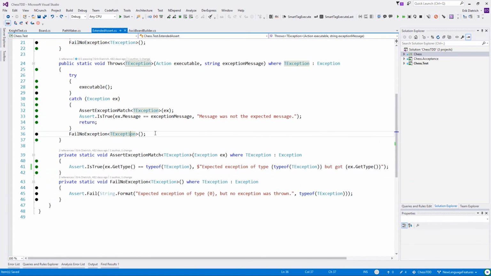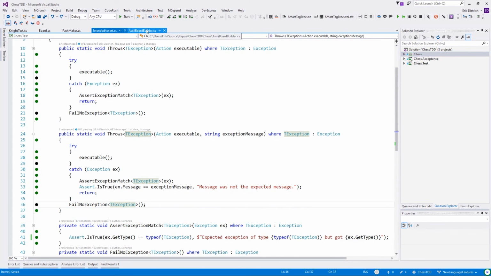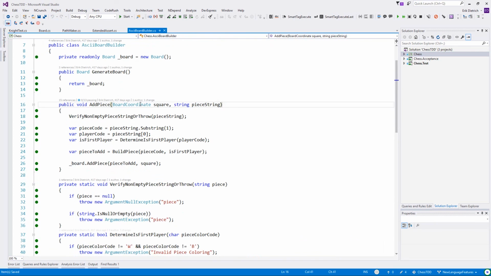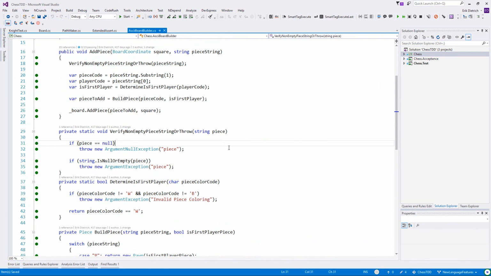Now I've got one more trick to show you here when it comes to readability, and that is subtly different than these other things in some ways. And the thing I'm going to show you is this nameof expression construct. So if you'll notice here,